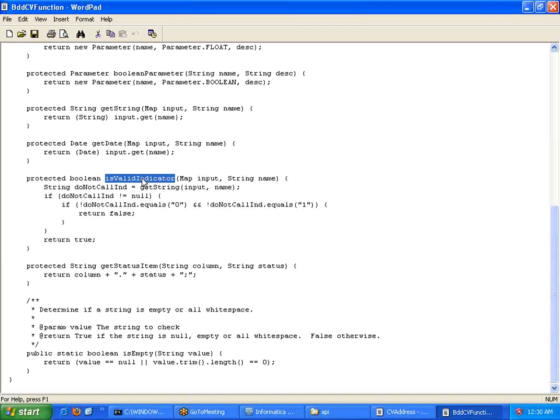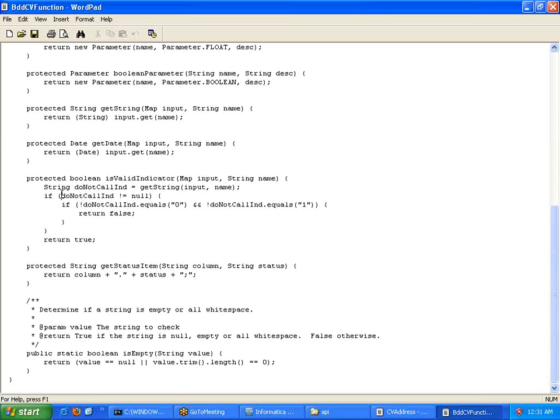is the valid indicator method, where we get the input from some caller, which is some other Java file. We take a string as input, get the string value, store it in an intermediate variable of type string object, and then check for nullability.